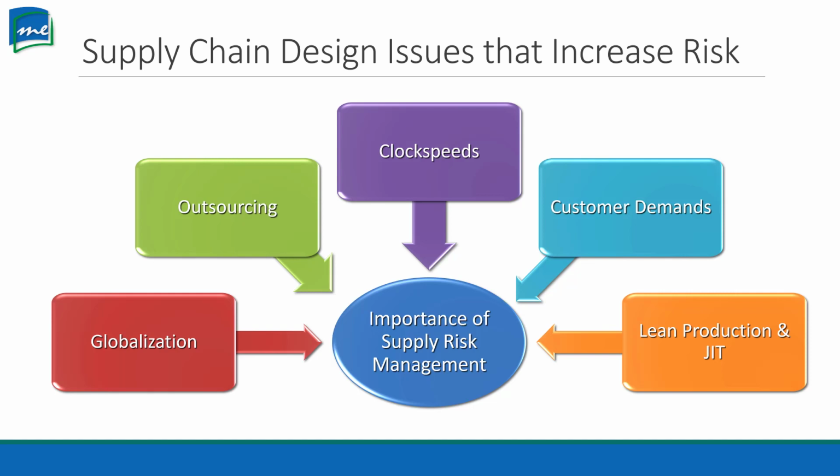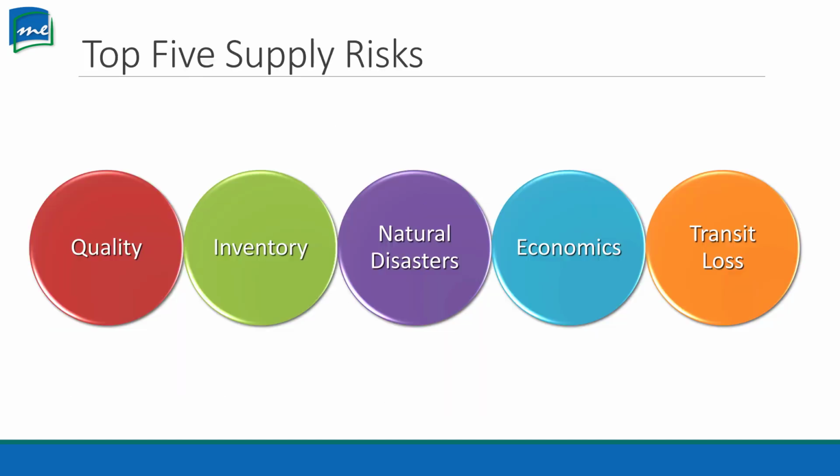But there's so many risks out there. But what are the top 5 of the risks that would impact our supply chain? Well, here they are on the screen. We have quality. Poor quality is the biggest one. Inventory. We either have too much inventory or too little inventory because our forecast might not have been as accurate